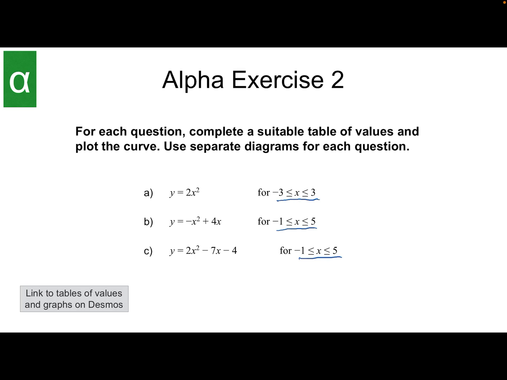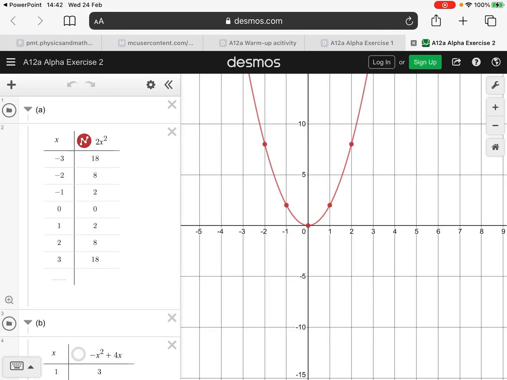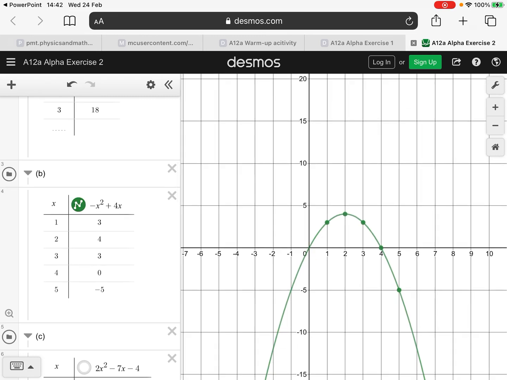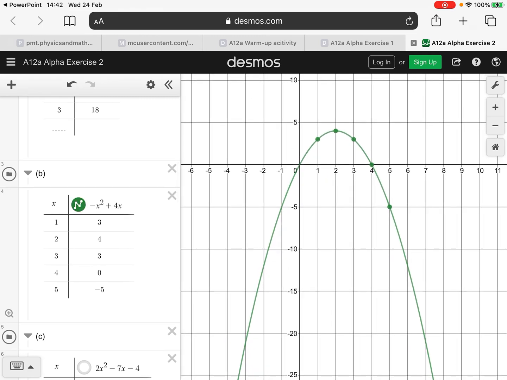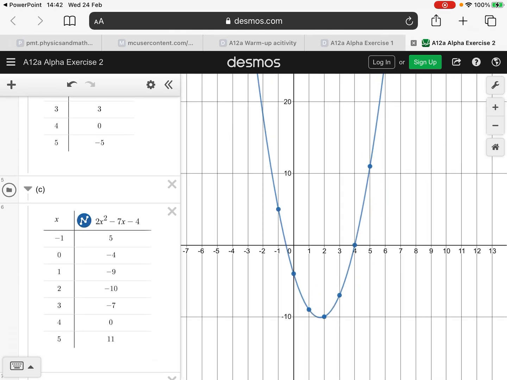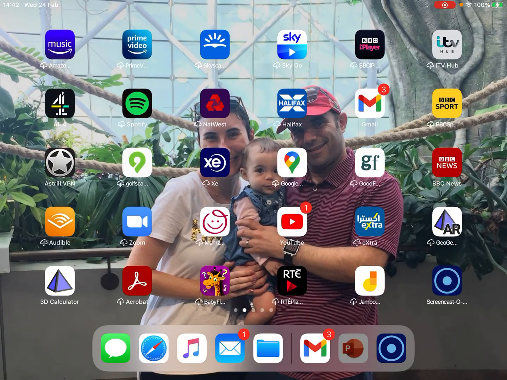Okay, here are the answers. Okay, first one, 2x squared looks something like that. Okay, second one, you're going to get an N shape. And then third one, you'll get something like that. Okay, so just check that you've done them right. If you're not getting a smooth U or a smooth N, you did it wrong. You need to go back and check. And your maths will work out really, really nicely. Okay, right, I'm going to stop the video there. There's one more